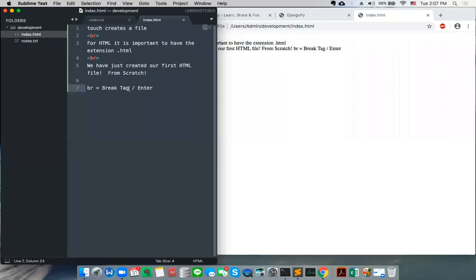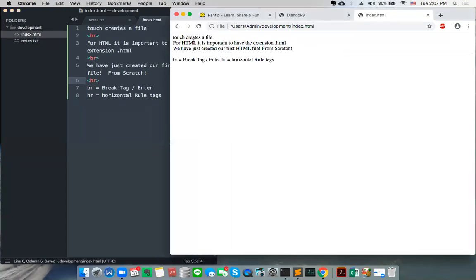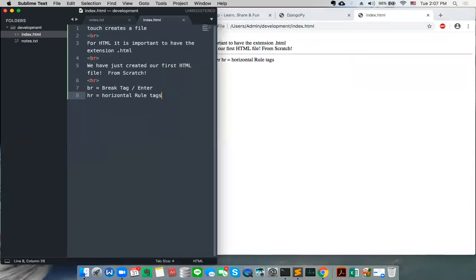All right, now this still looks really, really bad. I don't really have a whole lot going on here, and I want better separation here. So another option I have are horizontal rule tags, or HR tags. So tags, notice the word tags that I'm using. Tags are open and closing parentheses. So a tag equals